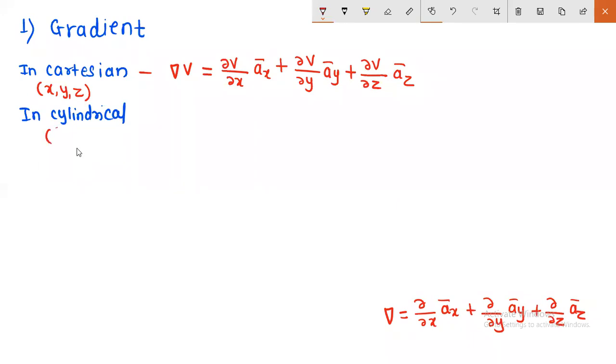R, phi, z. R, phi and z, right? So for this the formula is different. So it is del into V. Okay, so don't take this as a minus or etc. Okay, so this is for Cartesian, this is for cylindrical. So it is given as del into V is equal to,